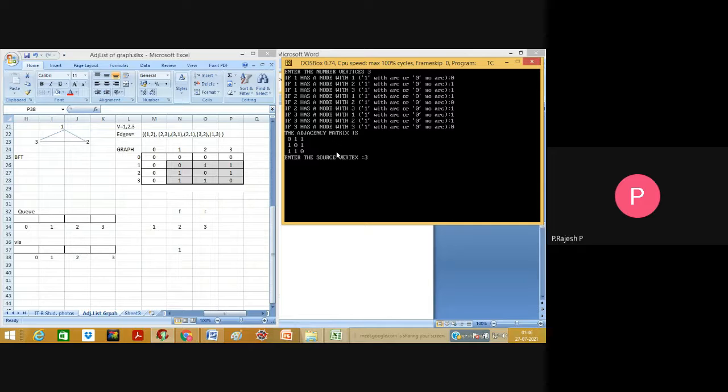Now I'm going to take the source vertex as 3 right now. So 3, 1, 2 is the visit order that is going to happen here, right?